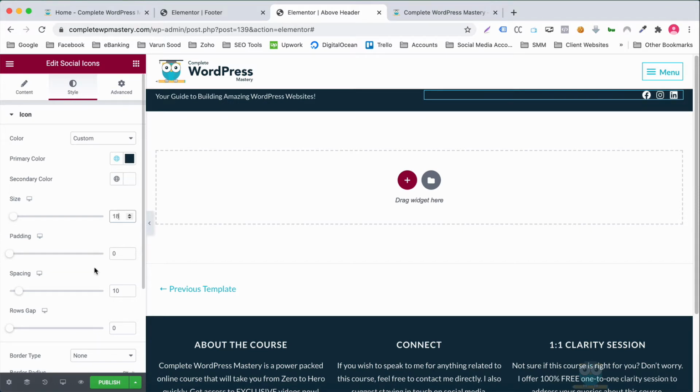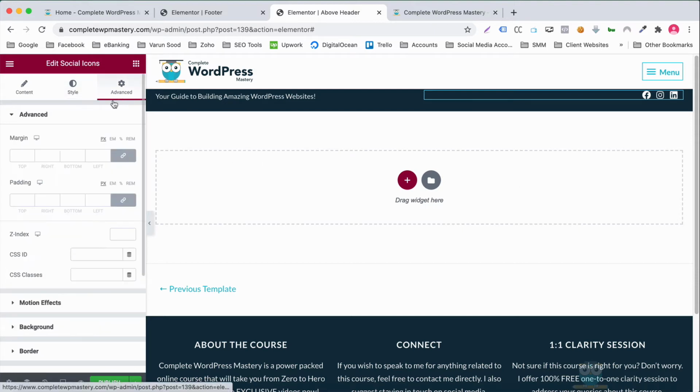If you notice carefully, we have some space to the right of the third social icon. I like to build pixel perfect websites, and such minute spaces matter a lot in website design. The reason we have this space is the fact that we have a padding of 10 applied to these icons. As a result, we need to apply a right margin of minus 10 pixels to get rid of that space on the right. Perfect.